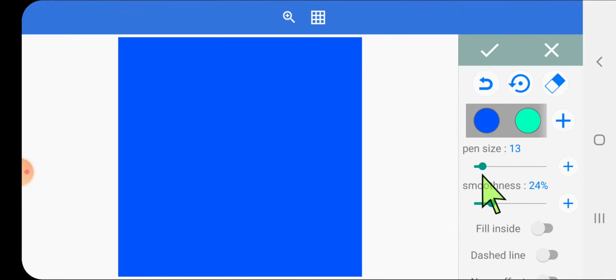There are some options in the draw tool. This is a pen size which increases or reduces the pen size. This is the color. If we click on this, we can use the color. We can convert the pen into eraser by clicking on this.